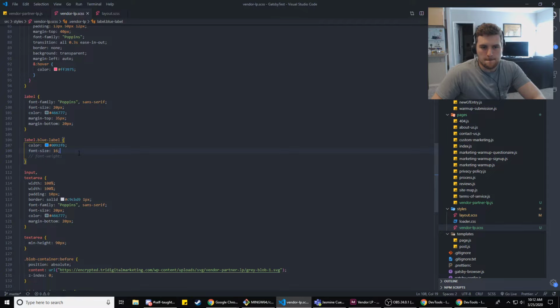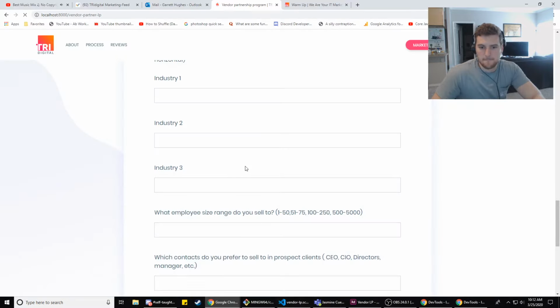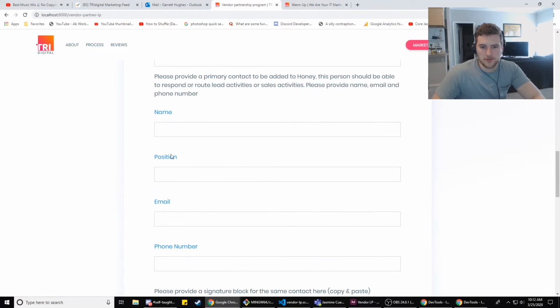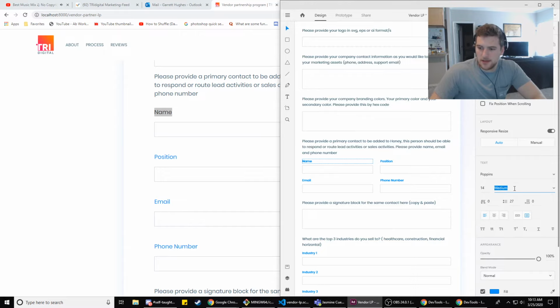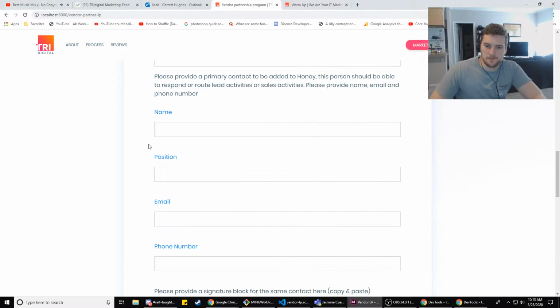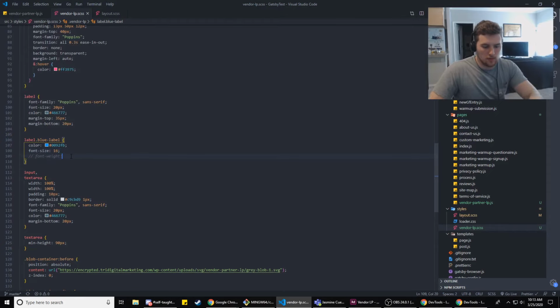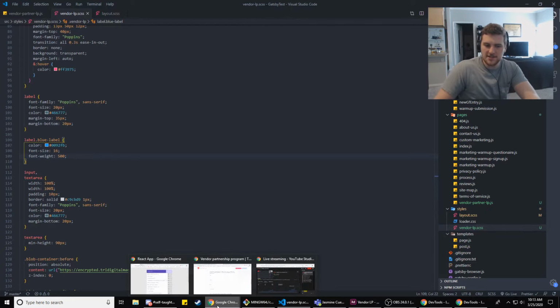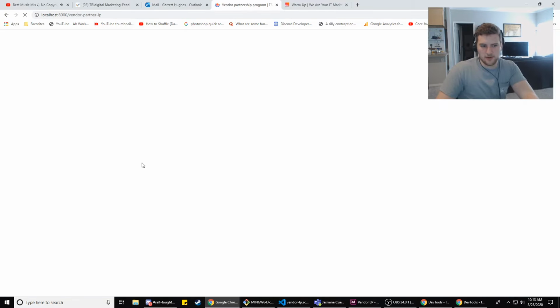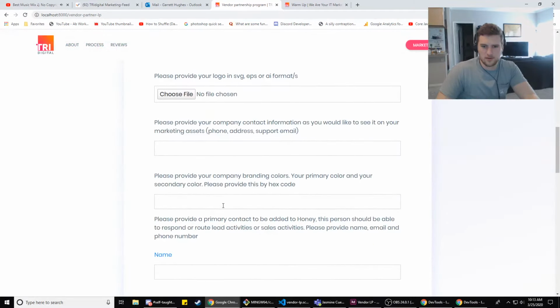If I refresh, I'm not looking at the right ones. That's what it was. All right, yeah. So those are a little bit bolder. So font weight medium, that's like what, 500 or something like that? Actually, I think it's 600. No, because bold is 700, semi-bold is 600, so medium is 500, and then regular is 400, and light is like 300. I don't know what's below that though, because there's 200 and 100.